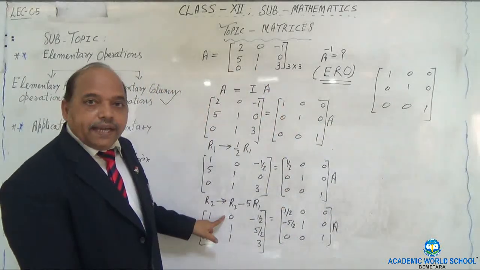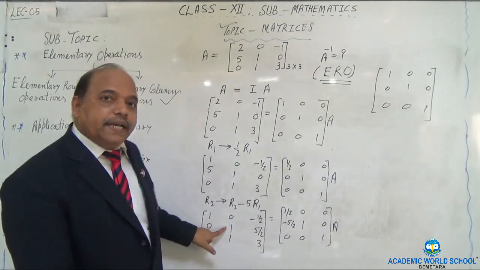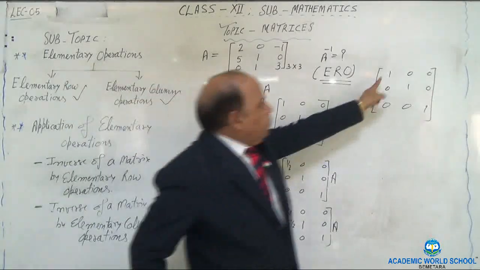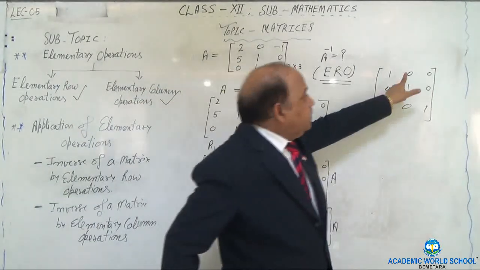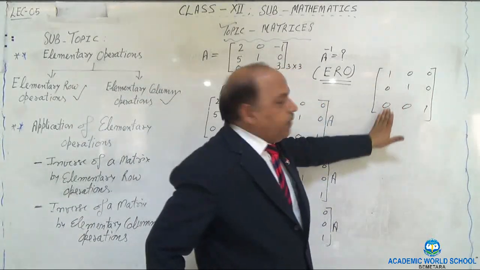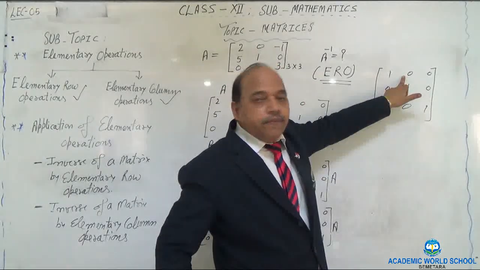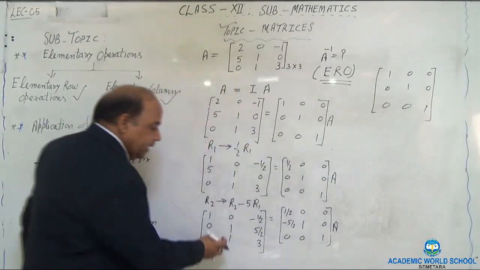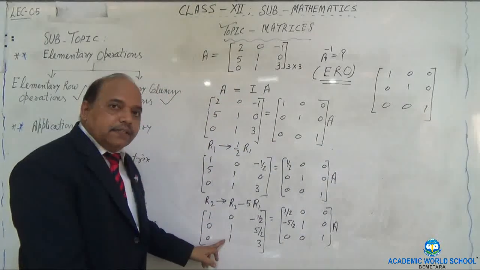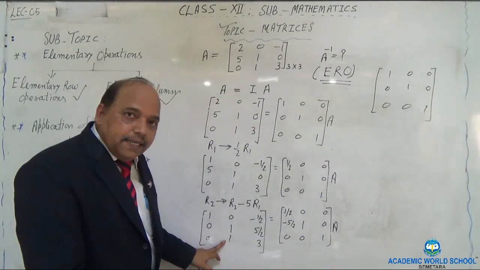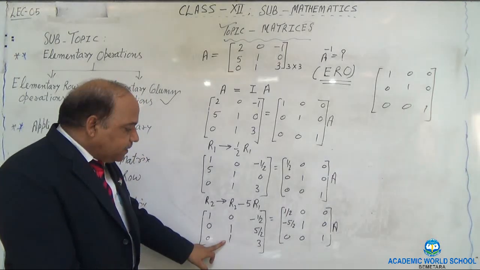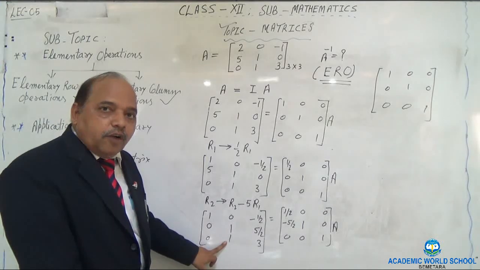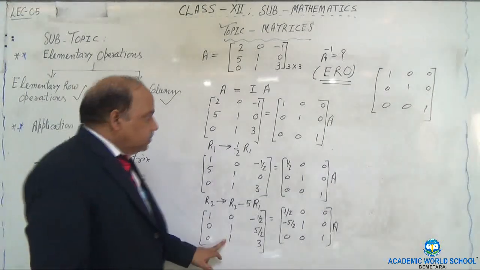Here also we are given 0. Here also 1 is already given. The only thing is you need to make 0 over here. Look at this. 1, 0, 0. 0, 1, 0. This we have arranged. This is already given, and this is also given. We need to make this one 0. That means here we have to make some changes. What is the change you will suggest? Can I say that if I subtract R2 from R3, our job is done? Let's do that. So subtract this.